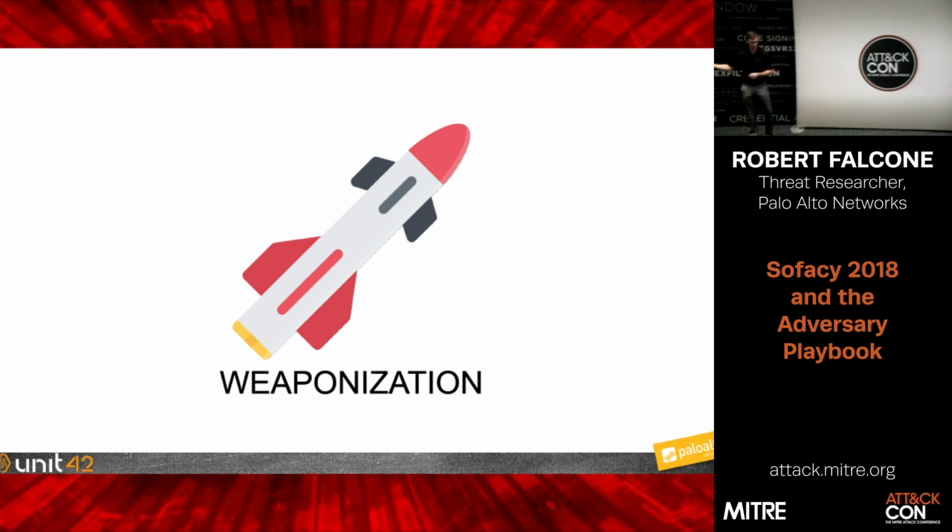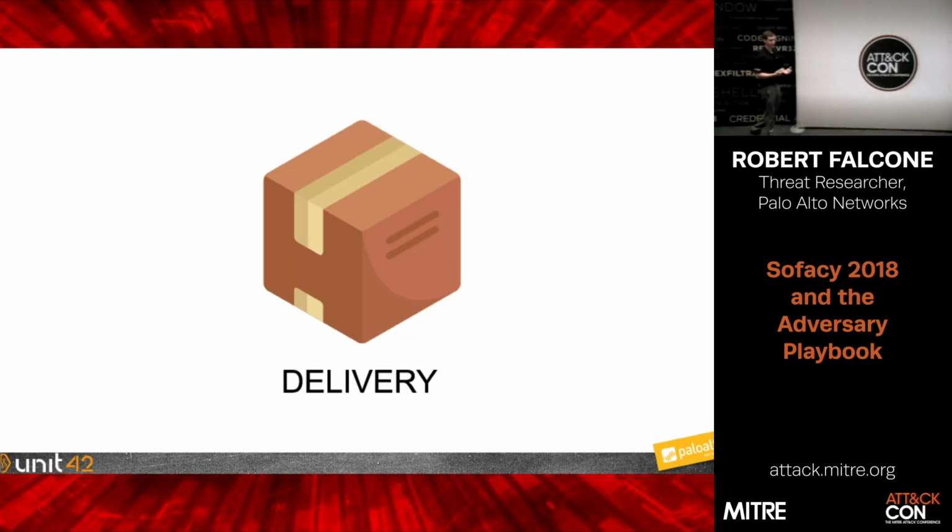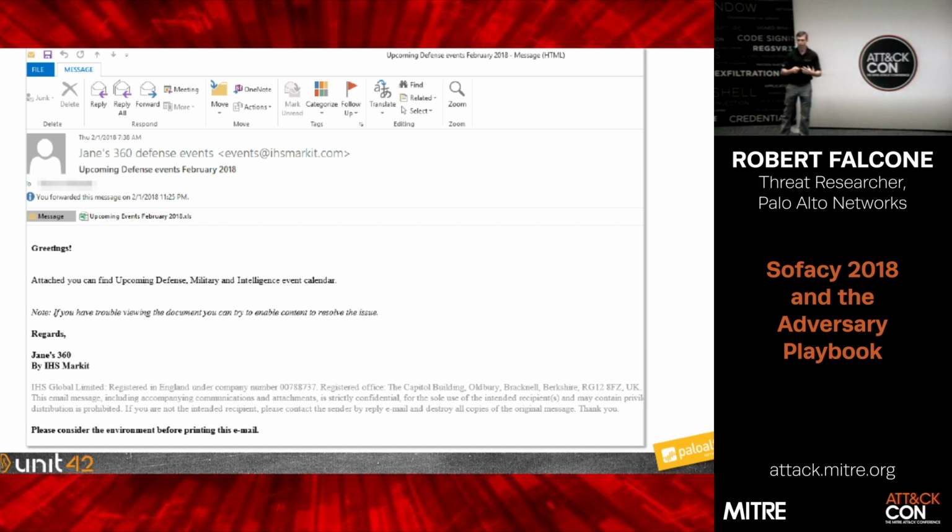Like I said, this group used this tool called Lucky Strike. I'm not sure if you guys have heard of it, but it's an open source tool. It's freely available on GitHub. What it does is it takes an Excel spreadsheet, adds a macro to it, embeds a payload of your choice, and outputs another weaponized Excel document. Pretty straightforward. So this group used that to generate their delivery document,